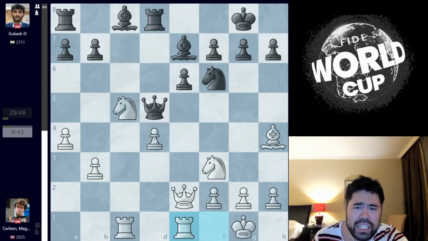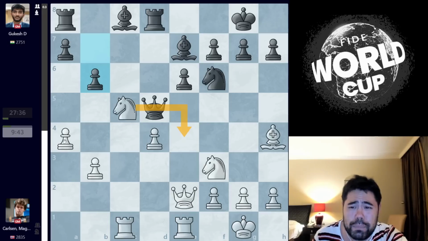Magnus goes rook fe1. Now you will also notice at this point, Magnus getting low on time, feeling a little bit uncomfortable. He's down 20 minutes, and it's because black has the bishop pair. Magnus has these serious weaknesses. All three of these pawns are a little bit weak here, and it's feeling kind of dangerous. So we get b6. Knight to e4 played by Magnus.